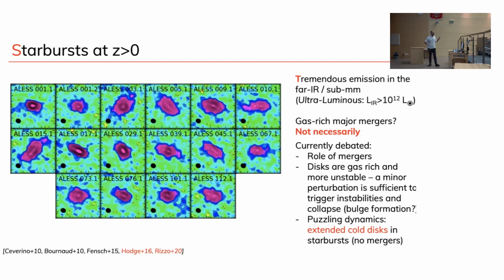Is it true that mergers are the only way we have to form starbursts? Is it true that all starbursts are mergers? Well, probably the second one we know is not the case. We heard this morning that to have an enhancement of star formation rate, especially at high redshift, you do need some special conditions. It's also pretty hard. These are gas rich and they're not stable. So as I mentioned before, you just need a little bit of a dynamical perturbation, and that gas tends to go towards the center and form these compact cores.